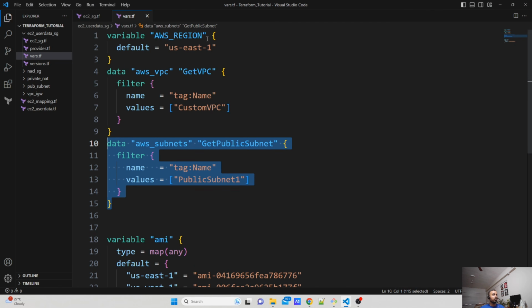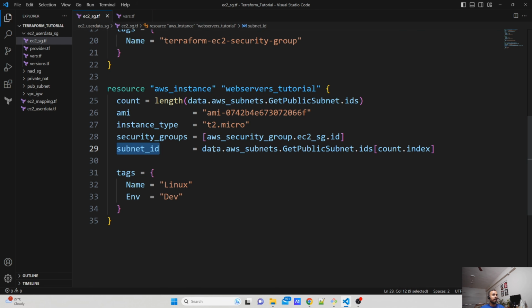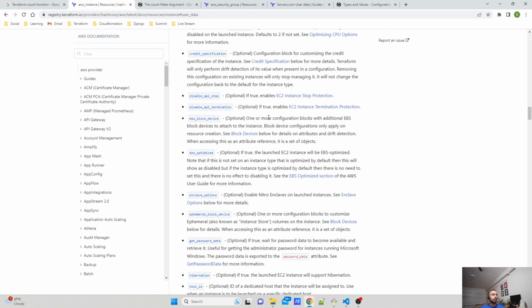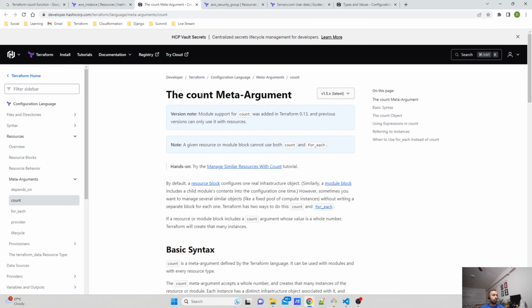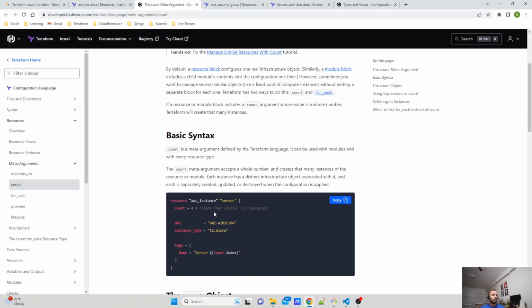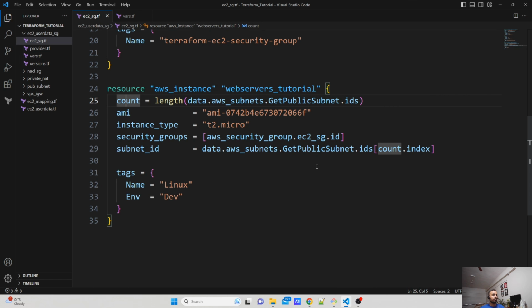Before understanding the subnet ID, you need to understand this count variable, and I will explain why I am going to use it. Let's first understand what the official documentation says. This count variable is used to iterate your resources. For example, if you give a count of 4 and use count dot index, you can create multiple EC2 instances. So it is kind of a looping function that you can use. But why have I used it over here? The reason for that is